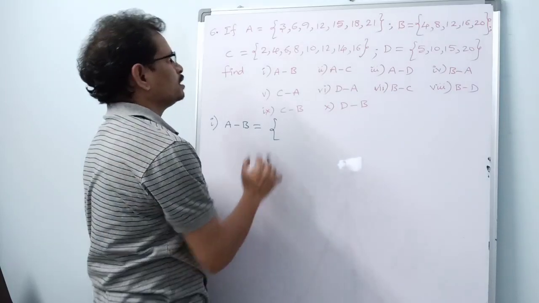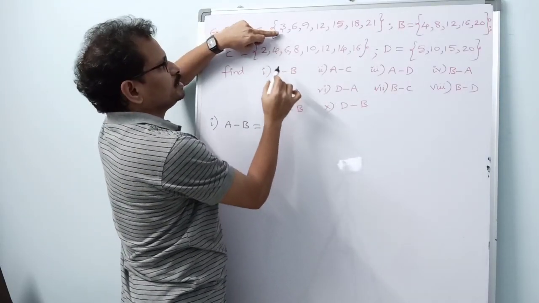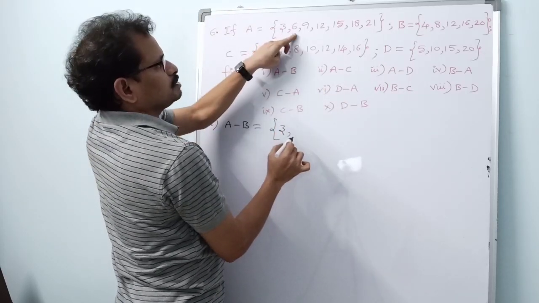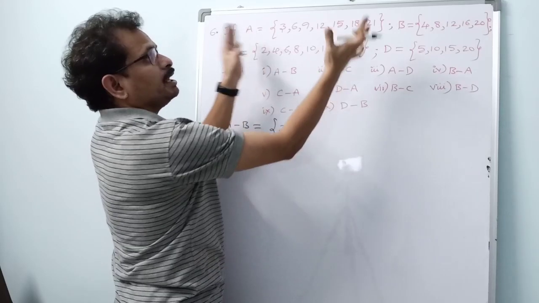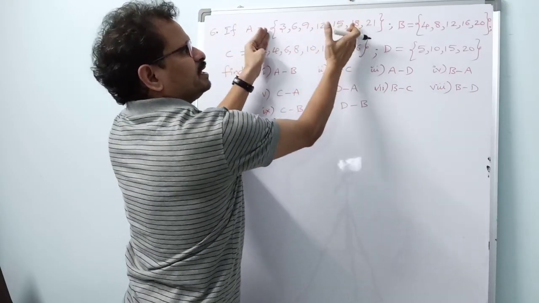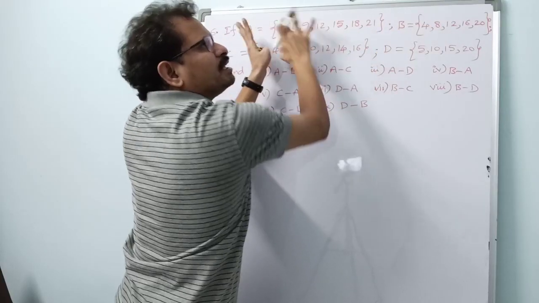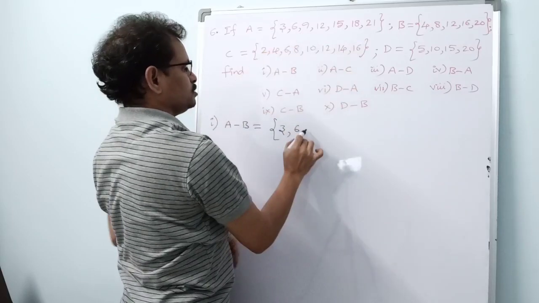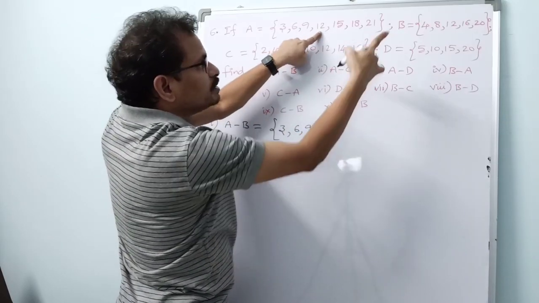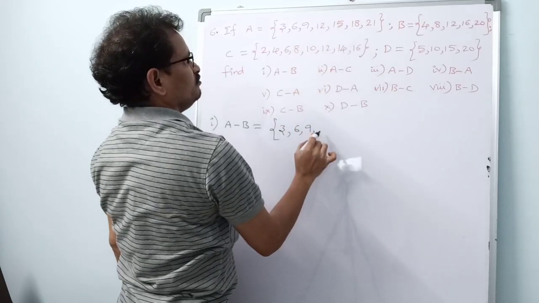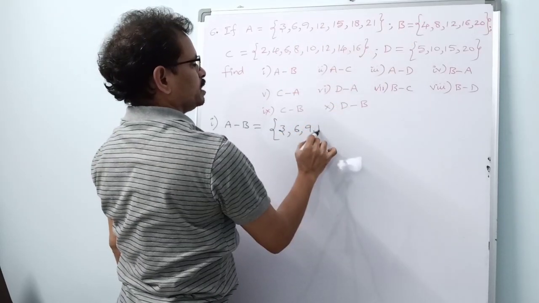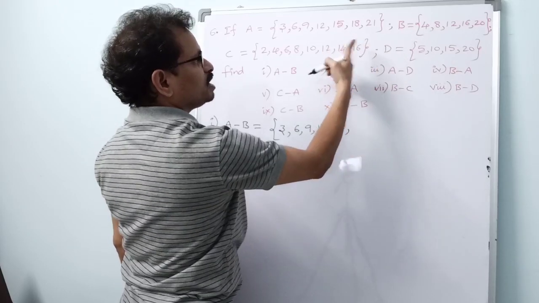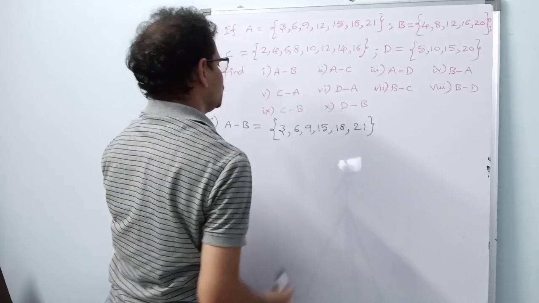Right. Now let us check here. Here 3 is not there in B, so write down 3. Here 6 is there, so don't write 6. All other elements should be retained. Only if any elements of this set are present, remove them. Write the remaining elements here. 9 is there, there it is not there, so you can write 9. Here 12, there 12 is there, so don't write 12. Here 15, there 15 is not there. Write down 15. Here 18, there it is not there. Write down 18. Here 21, there it is not there, so write down 21. This is A minus B.